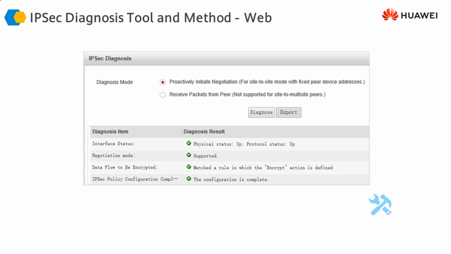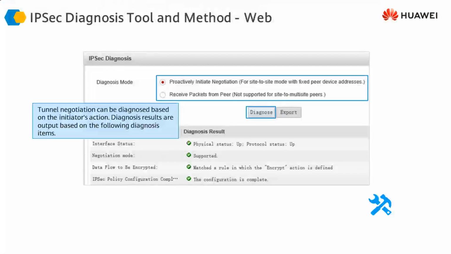For troubleshooting, we can do a diagnosis when we are doing the authentication, when we are doing the IKE key exchange. We can proactively initiate the diagnosis, and once we click the diagnose button, it is going to give us the different phases of what has happened during negotiations, the IKE negotiation between the two sides and the IPsec negotiation between the two sides. If you see all green ticks here, if there are no alarms, there are no issues, this means that the IKE SA and IPsec security associations have been established successfully, and the two sides can now communicate securely.